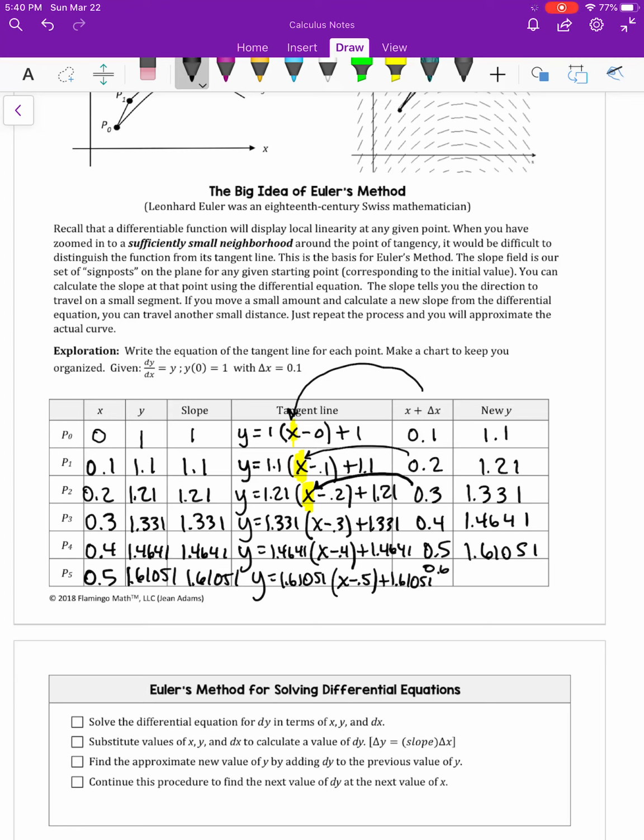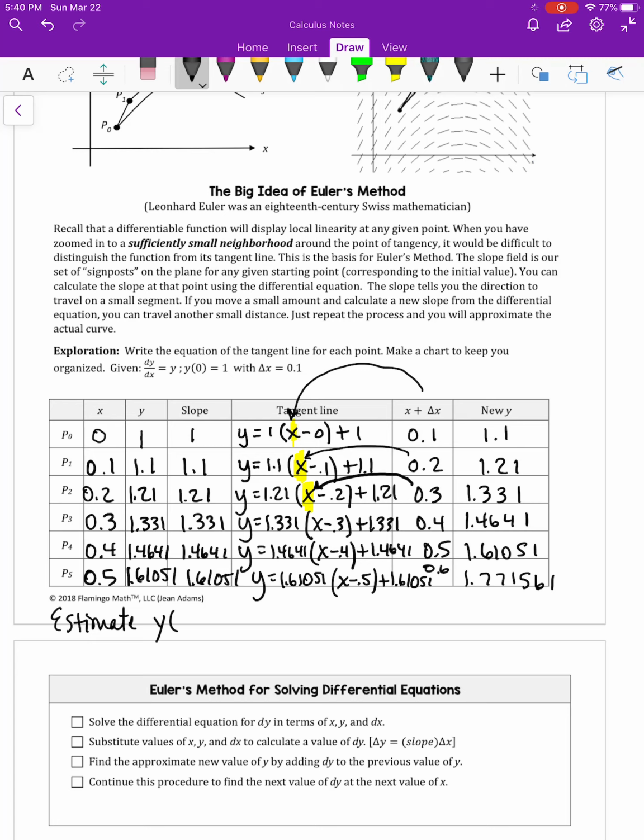Our next one for x would be 0.6, and if I put that 0.6 into this equation, I should get 1.771561. So normally on a problem like this, it's not an exploration. It won't be asked like that. It will be asked like